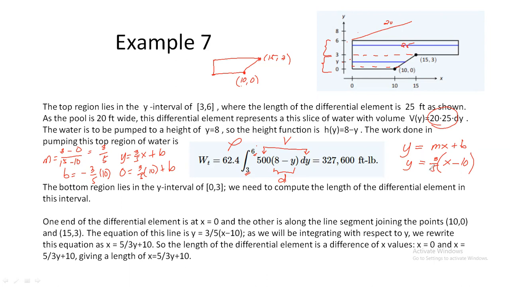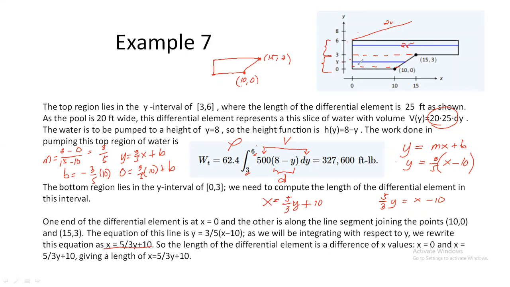How would you do that? You just transfer here. So you will have 5 over 3y is equal to x minus 10. 5 over 3y is equal to x minus 10. So x is equal to 5 over 3y plus 10. This is the equation that we will be using